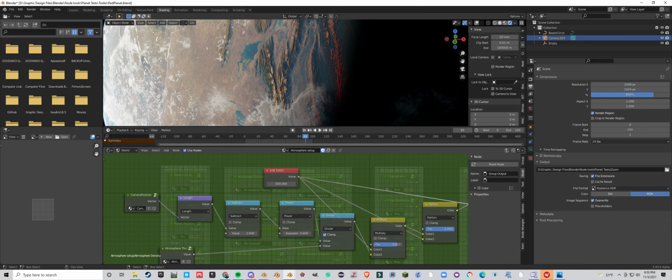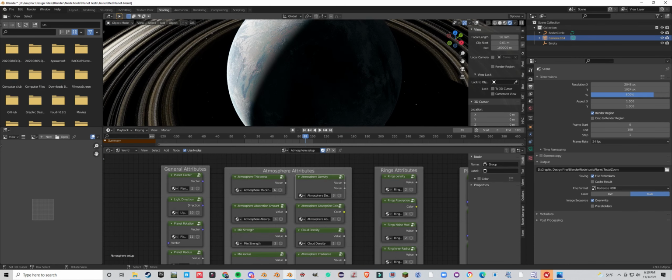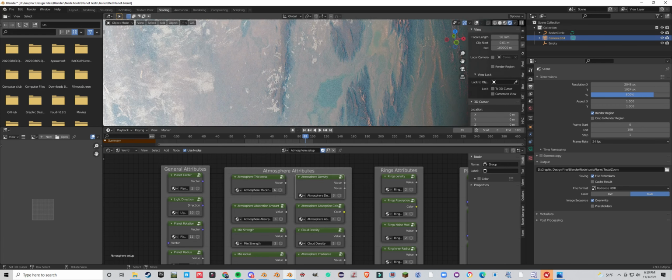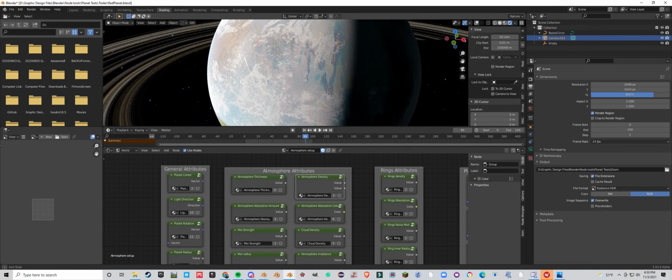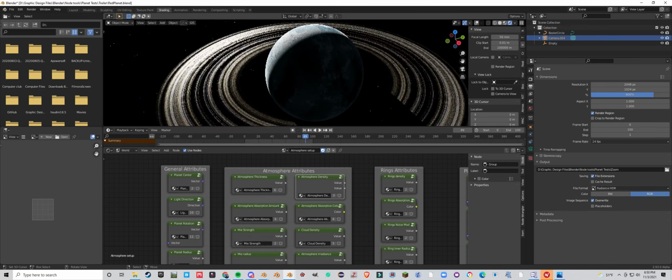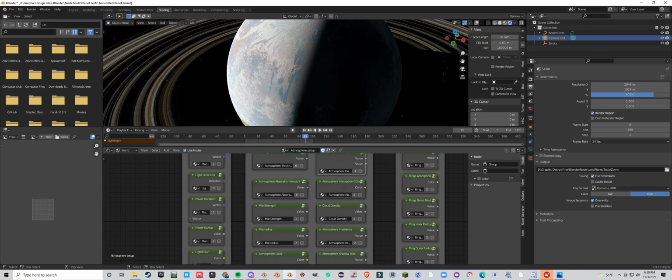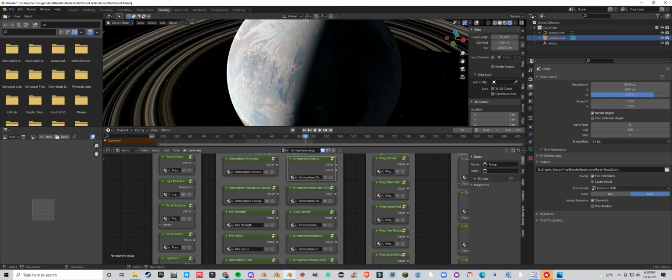And I should take this time to mention, and by the way, you can see the effects right there. This is first and foremost an atmosphere system, so it does work and is designed to work from inside the atmosphere, and therefore it has stuff like Mie scattering and everything, and I will show you all this later. And the rings look pretty awesome from inside the atmosphere. So yeah,